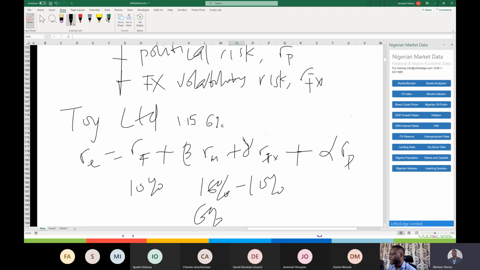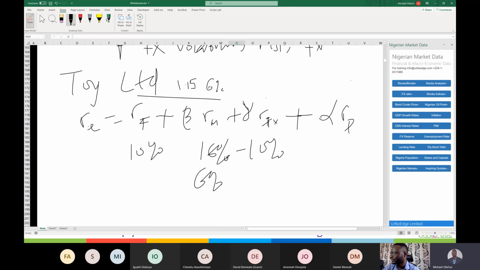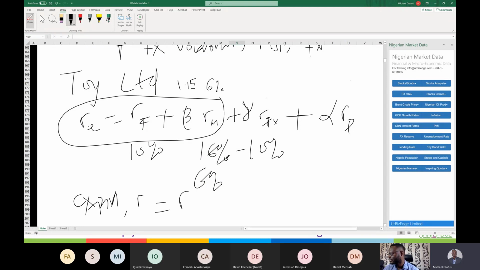But essentially, if you're an investor, the common CAPM says, this is CAPM. This one you're seeing here is CAPM. It just says single factor, which is your expected return is equal to risk-free rate, plus beta times total market return minus RF. So which is like what we did here. You remember I did this minus this, right? But then if you are very serious, you might want to do something more to capture other factors.